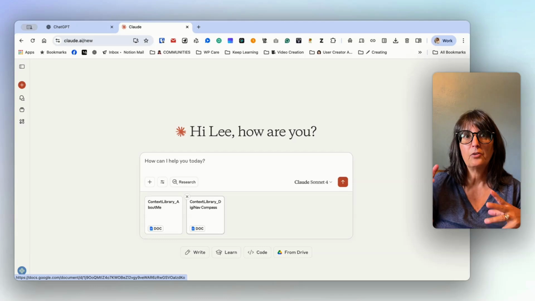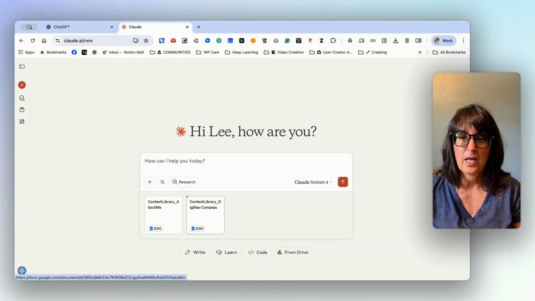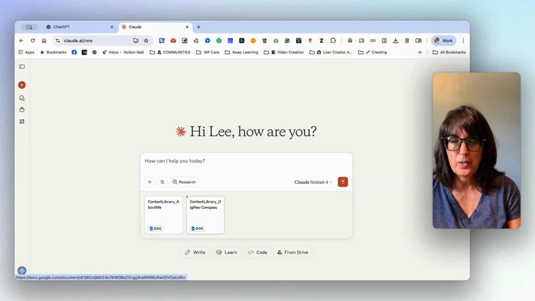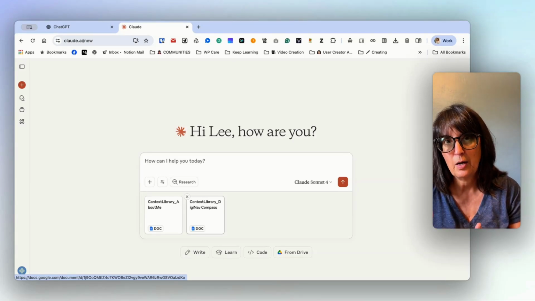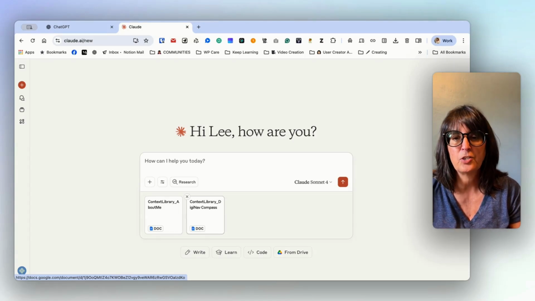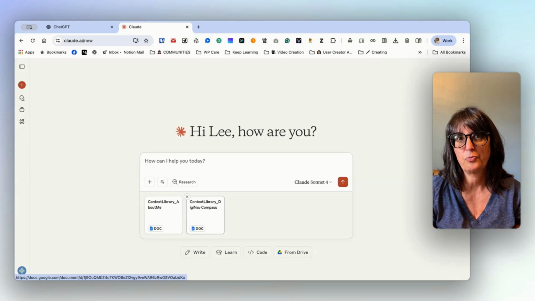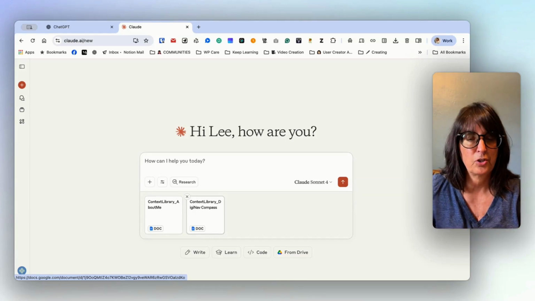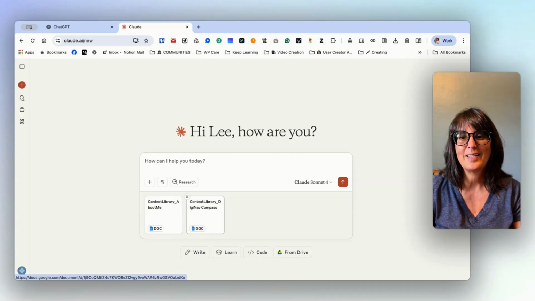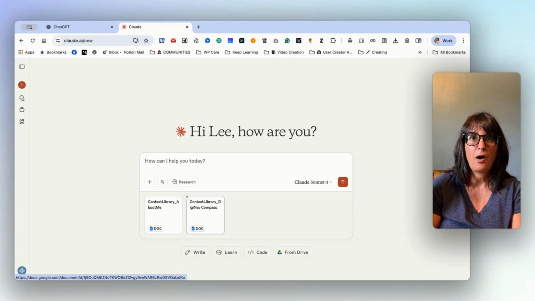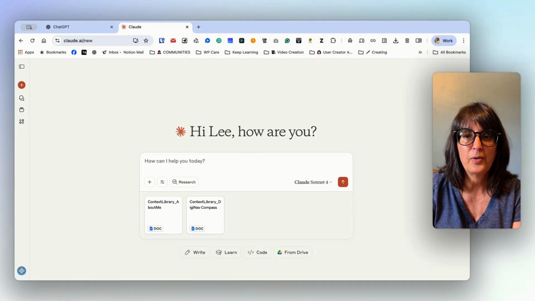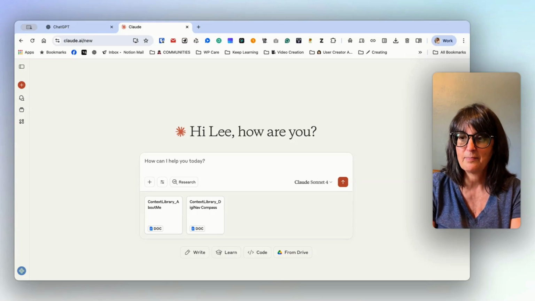And again, it is reading the file. It is taking a snapshot from where you are at this point in time. So if you make changes, you can ask it to re-review the file, but that doesn't always seem to pick up the changes. So what I'll do is re-add the context file and tell it I made updates, use this version going forth. So there it is in a nutshell. That is how and why you should use a context library when you interact with any of your AIs.